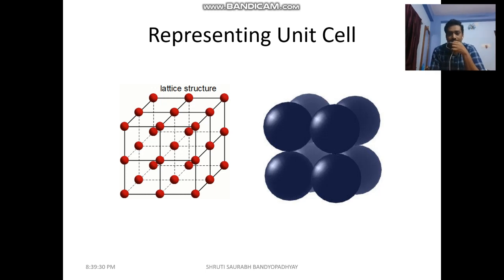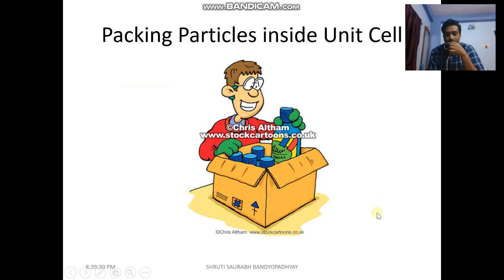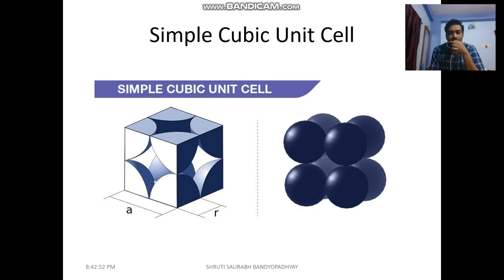Packing efficiency can be different for different types of unit cell, just like packing bottles in cartons of different sizes. For example, if we take the case of a simple cubic unit cell like this one, where there is practically one particle per unit cell,